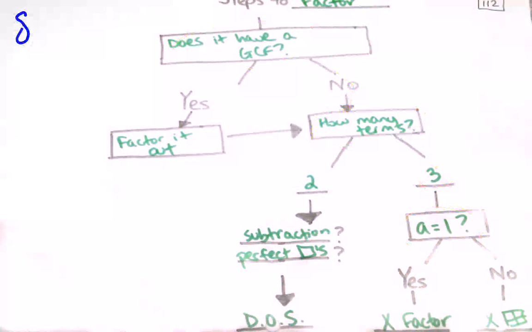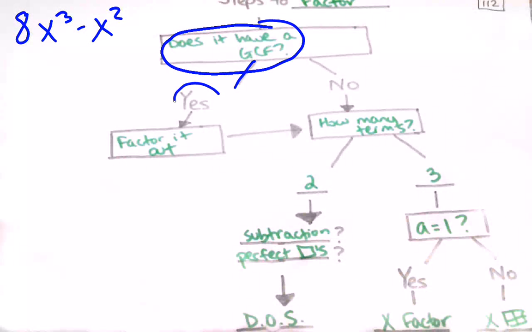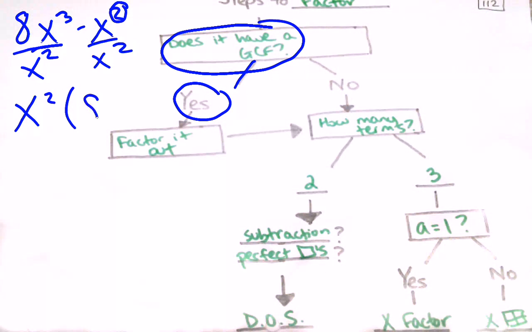Next one we get a little bit trickier. Just a little bit. So here I need to be careful. Do I have a GCF? Yes. If I look, both of these have an x, and specifically, they both have an x squared. I take my lowest exponent, which is the 2. So I need to divide both of my terms by x squared, and that would leave me with 8x minus